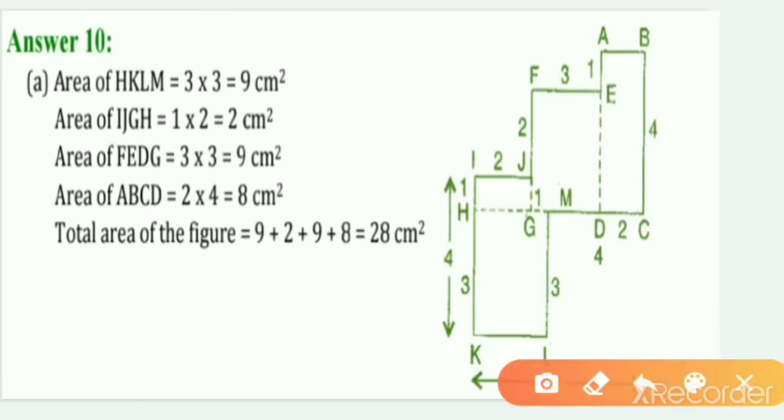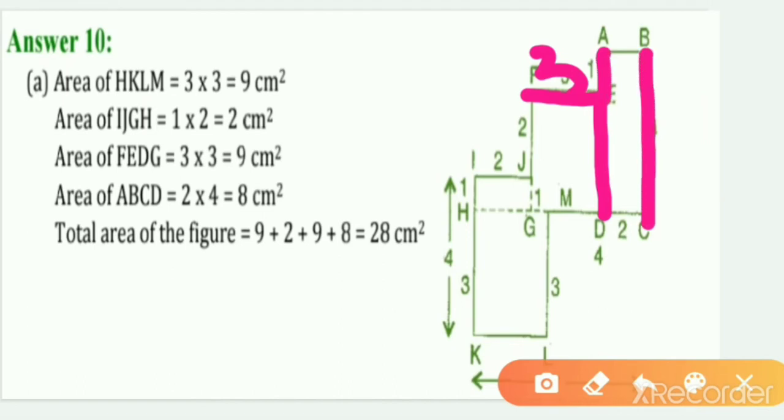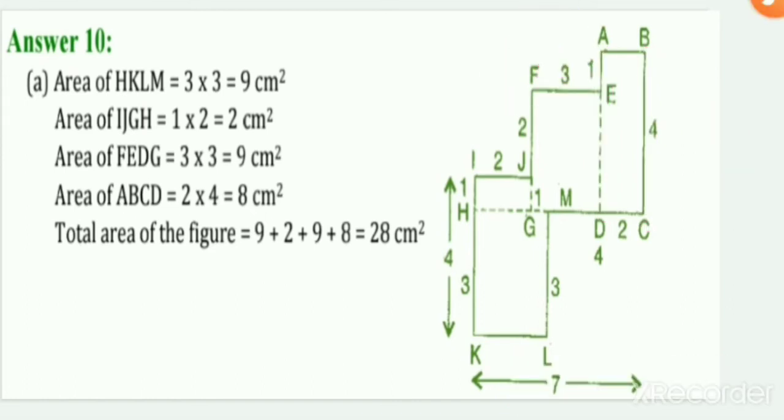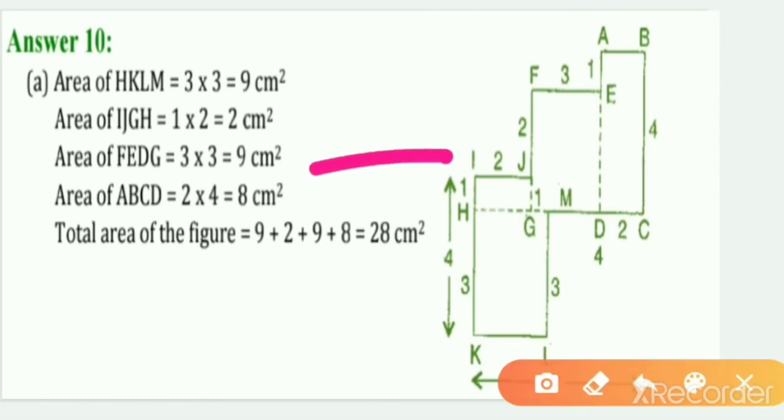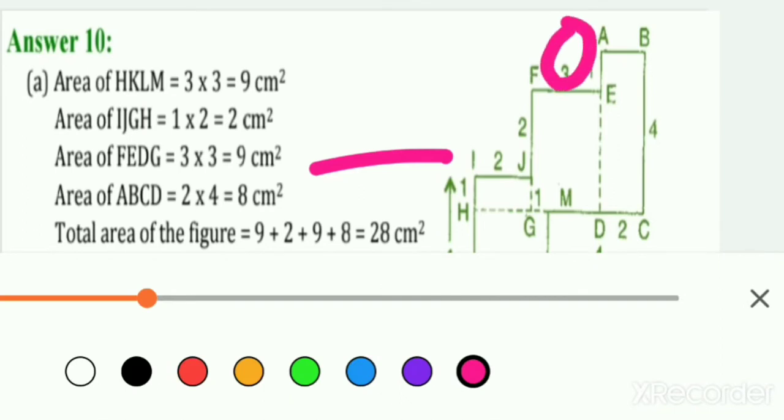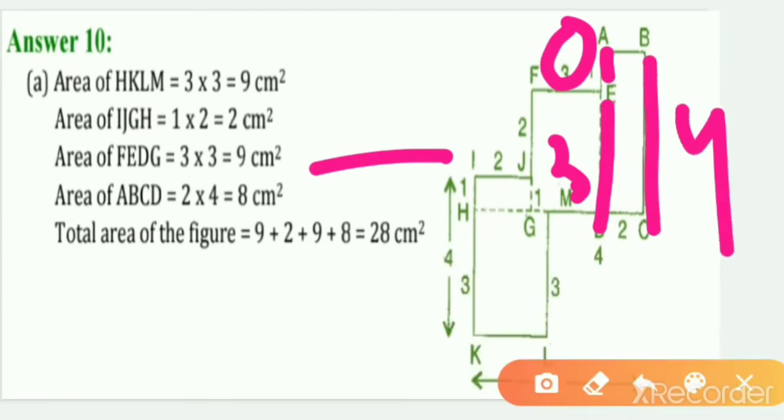So this part we have as 3. Okay, and this is 1. So 3 plus 1 is 4. So this complete height is 4. So this is 3 here, length. So we have 3 into 3. This is 3 given to us already here, and this will become 3 because 1 is up and this is 3. So 3 plus 1 is 4, and this is complete 4. Okay, right? So we have area for FEDG is 3 into 3, that is 9 centimeter square.